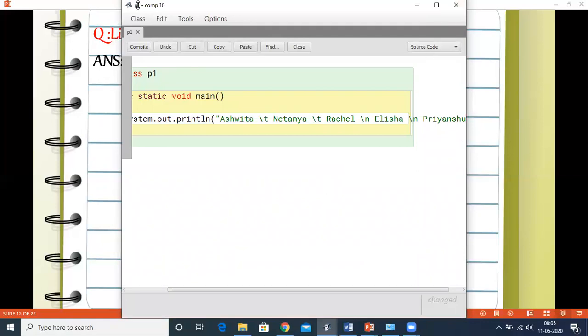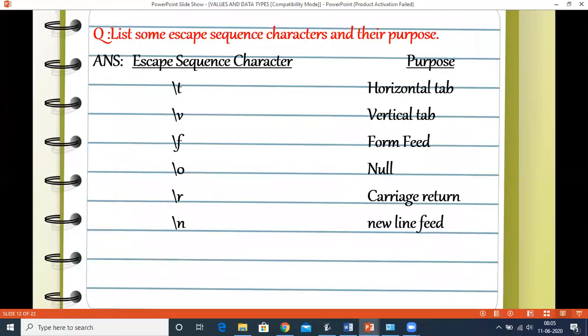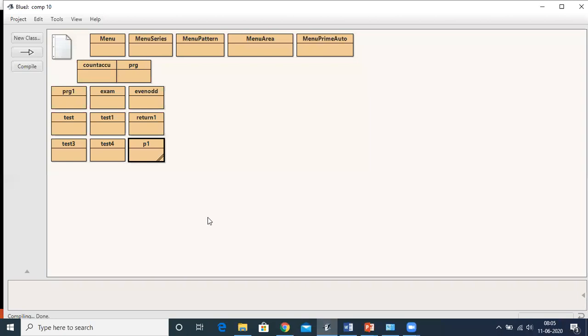You can see I'll compile it. No syntax error. Now when I run this program, you can see here.